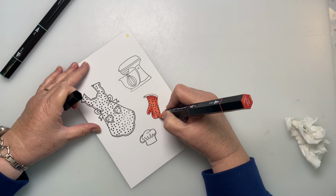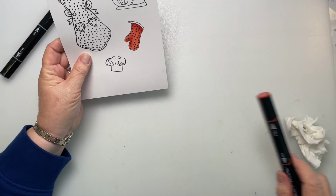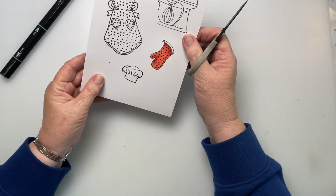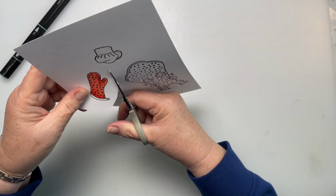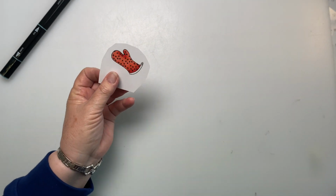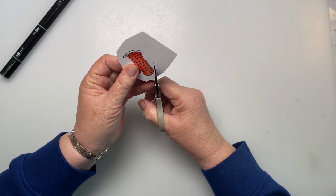Fill in some of these places where I've missed. And these stamps, pardon me, do not have any die cuts with them. So this is what we call fussy cutting. So what I would do then is come in here, and just for a more professional look,